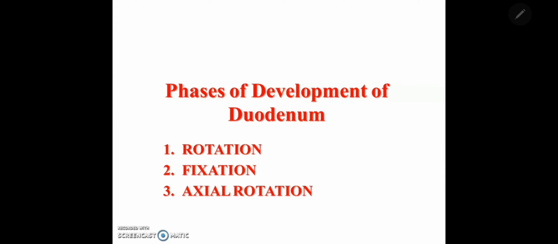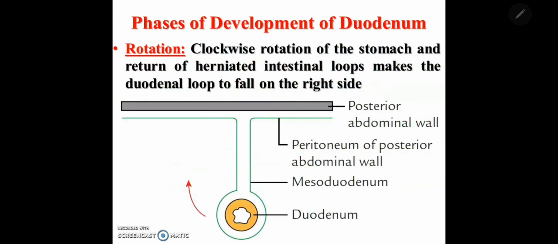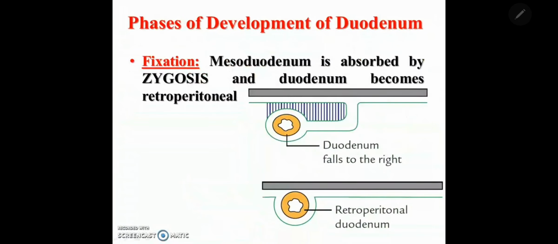These are the three phases: rotation, fixation, and axial rotation. These three phases happen in the development of the definitive duodenum. Rotation: the clockwise, right-side rotation of the stomach, and because of the return of the herniated intestinal loops, the duodenal loop falls onto the right side. It is in the sagittal plane, but it moves towards the right side because of the return of the herniated